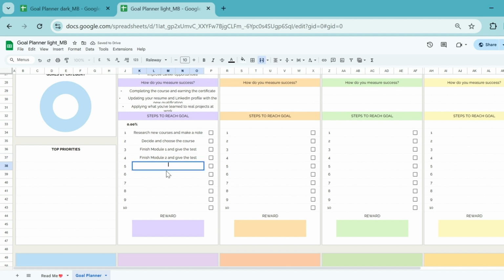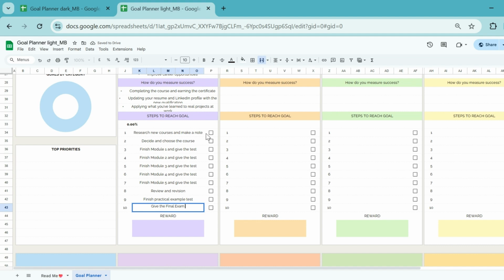Finish Module 3 and give the test. 6. Finish Module 4 and give the test. 7. Finish Module 5 and give the test. 8. Review and revision. 9. Finish practical example test. 10. Give the final exam. As you complete each step, you can mark it as done, and your progress percentage will